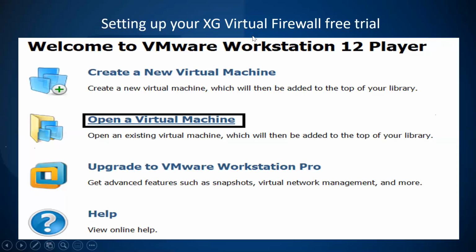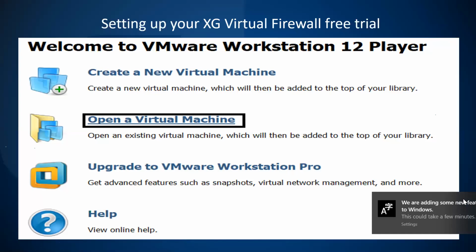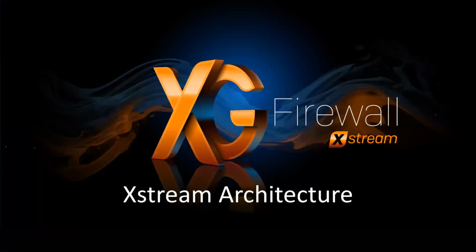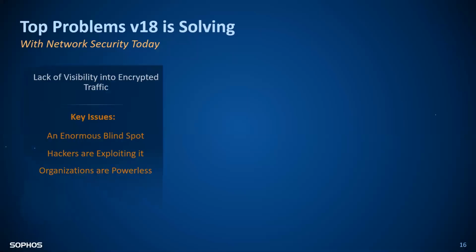Yes. So there are a few things I need to show you here only. XG version 18 actually comes with a few advantages that I need to showcase to you here, and one of them is the Xstream architecture. Now before going to Xstream architecture, there are a few things I need to tell you, which is which network security problems we are actually solving. The key thing is the blind spot. Whenever there's traffic that goes through my firewall, almost 90% of it is SSL traffic, and that too application based traffic.